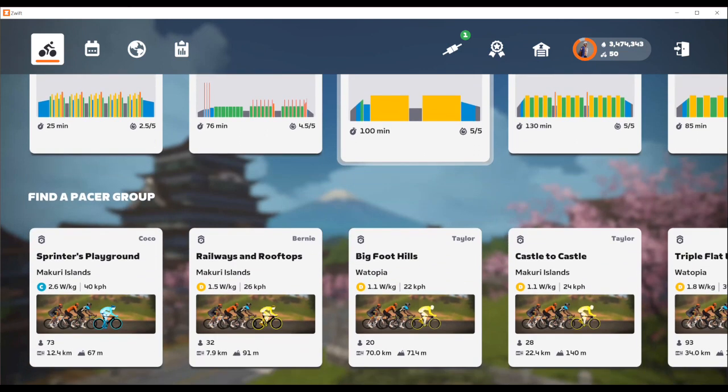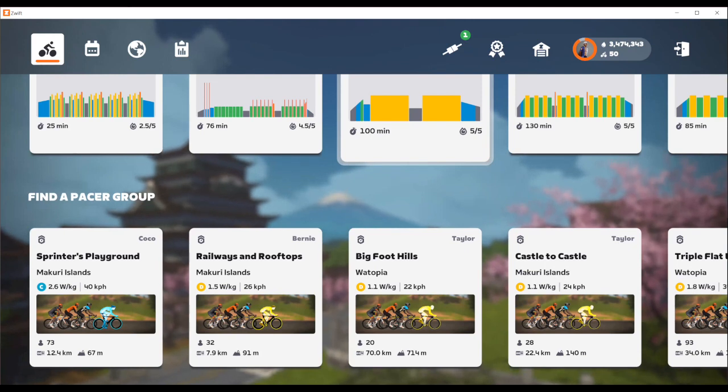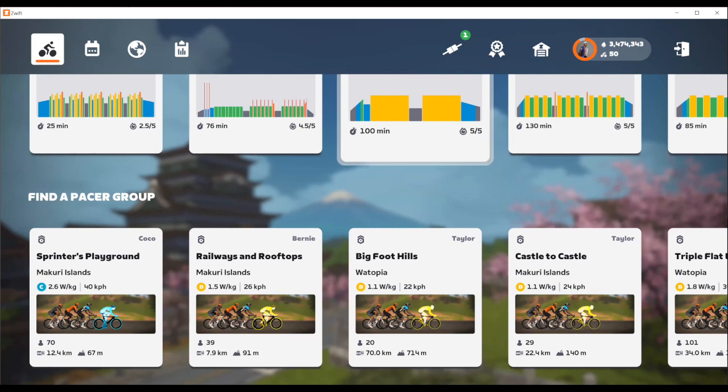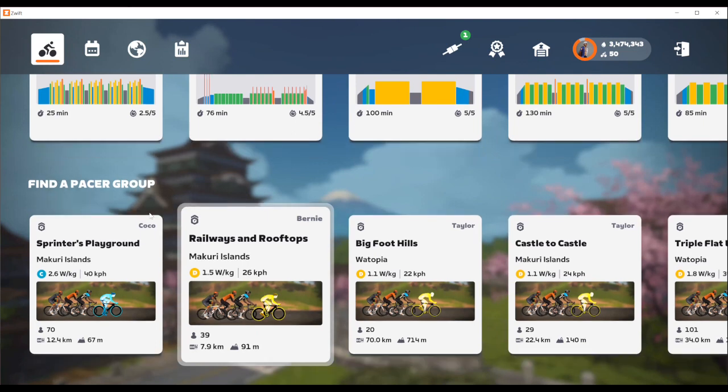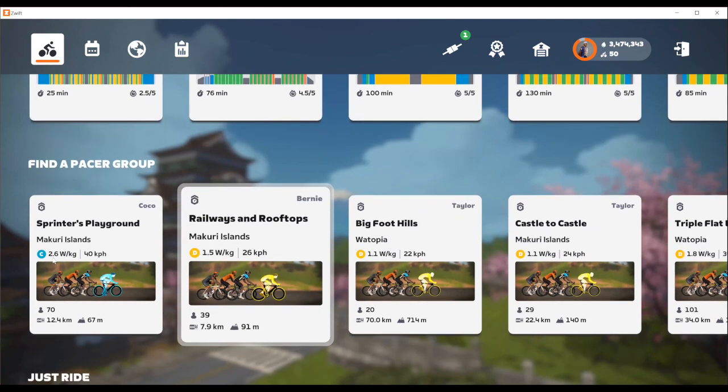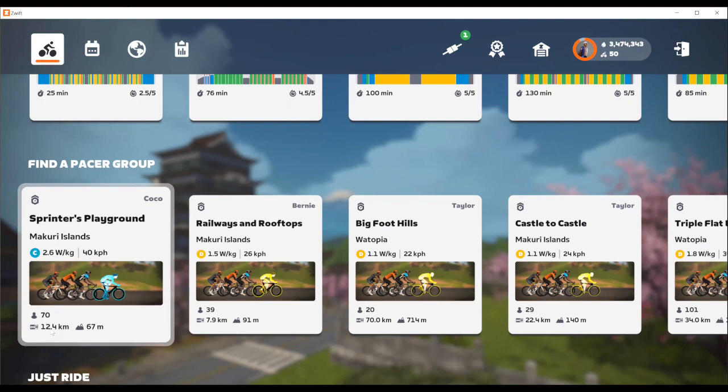Zwift also offers the ability for you to ride with a pace partner. Now, the pace partner is just that. It is a robot, if you will, that is riding at a particular speed and pace, and you're able to ride along with them as well. I think there are 8 different pace partners that are available. As you can see here, they are listed by their watts per kilogram and how fast they're traveling. Below that, it will also list the distance of the route that they're riding on and the elevation, if there's any, in terms of climbs.